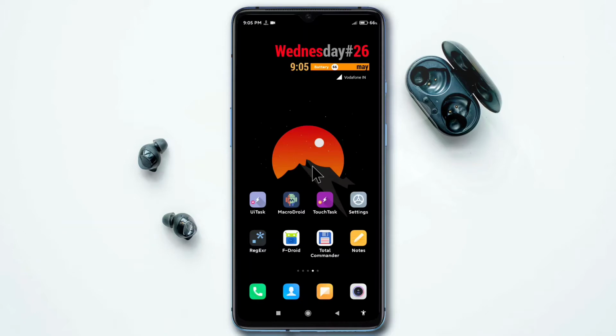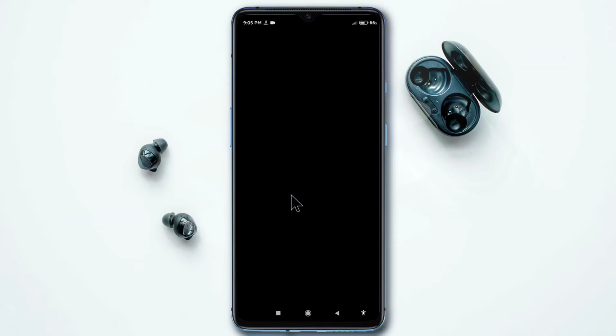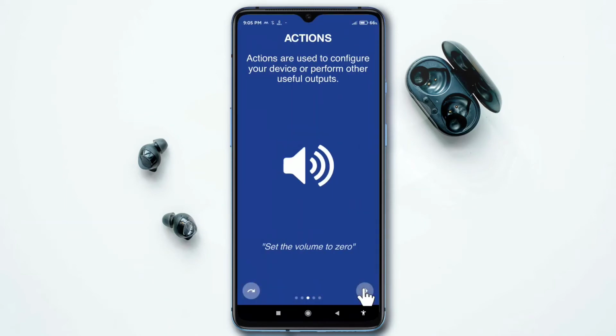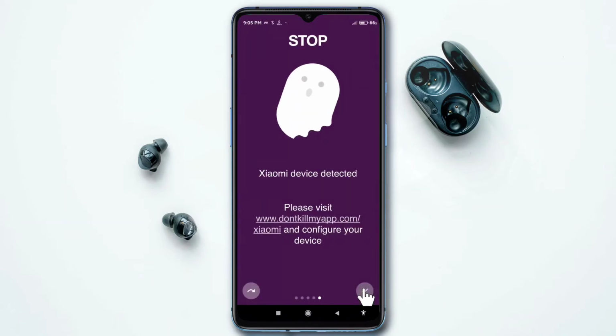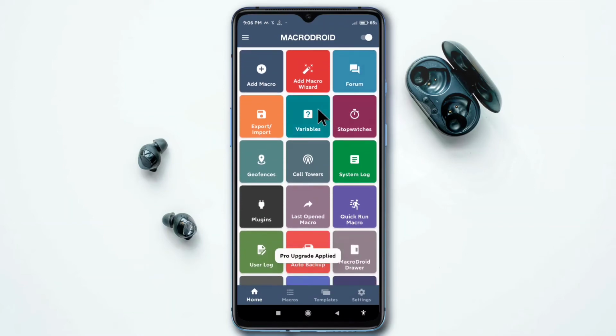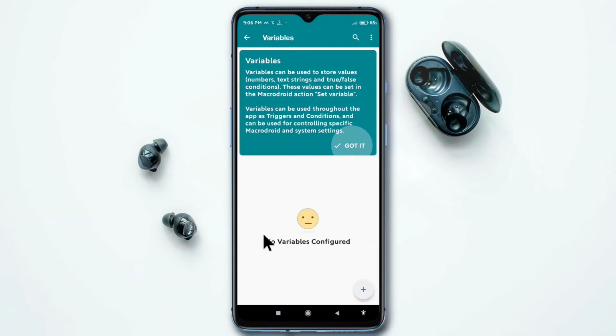Let me open MacroDroid right now. So there is a tile of MacroDroid naming variables. Inside these variables, now I have not configured any variables, so the message written is no variables configured.